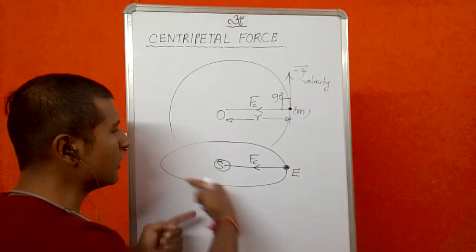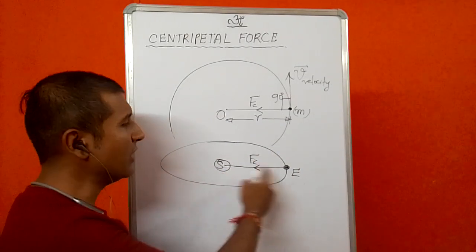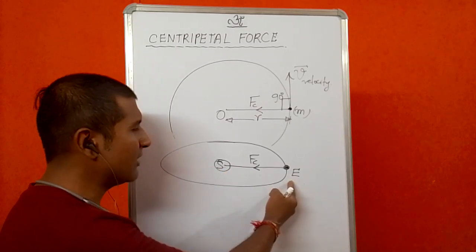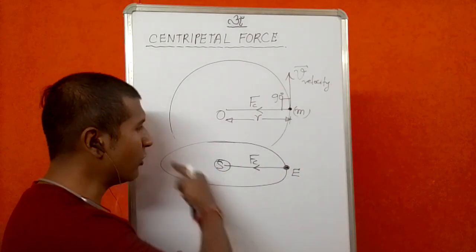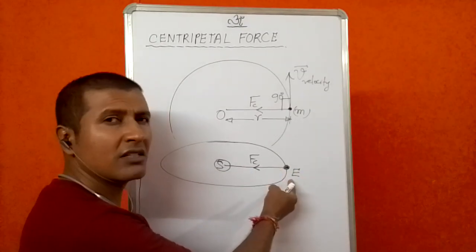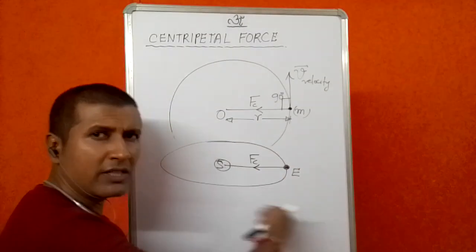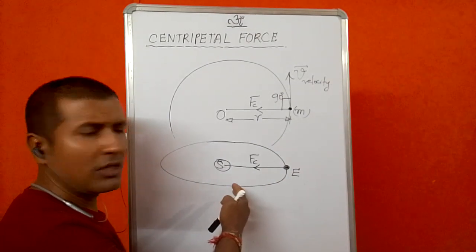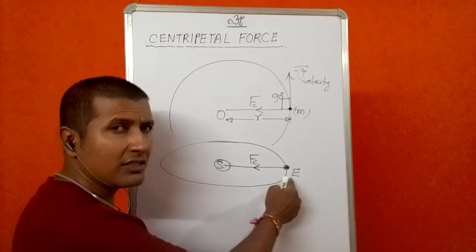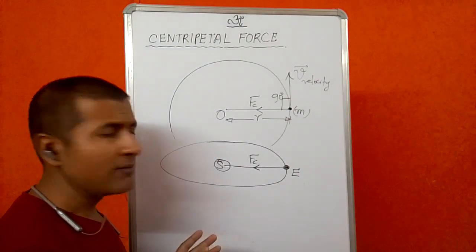So Earth is revolving around the Sun, right? In this particular concept, we consider that Sun is stationary and Earth is of course revolving. So this is stationary, means this is the center, and this is Earth. Earth is revolving, so Sun is applying force on Earth, right? Only then it is able to revolve Earth around itself. Yes or no? Correct? So this centripetal force is applied on Earth and applied by Sun. Try to understand. This is the most important concept, right?